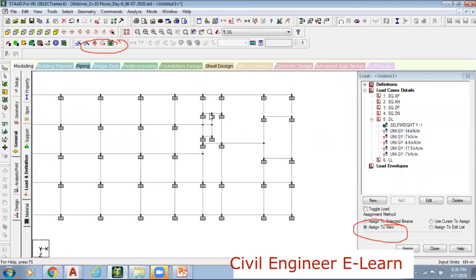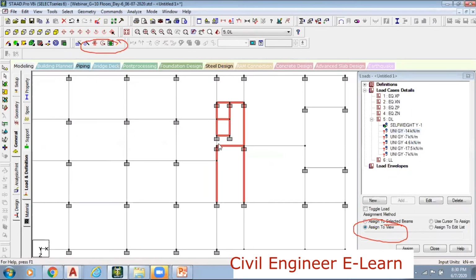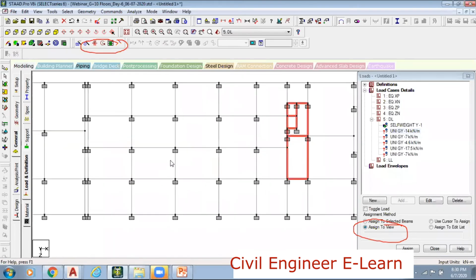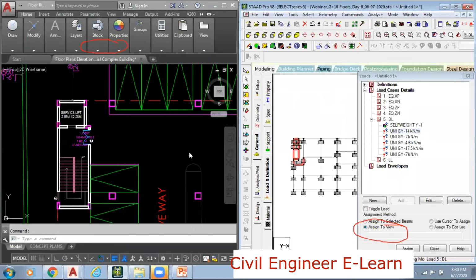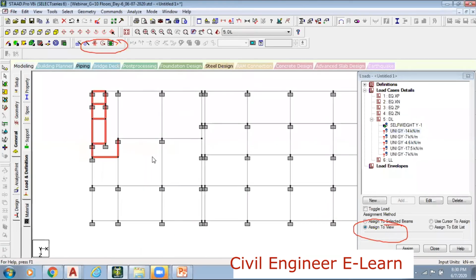Likewise, right side also. Here I don't have this one.